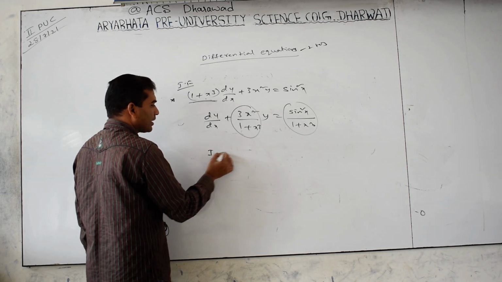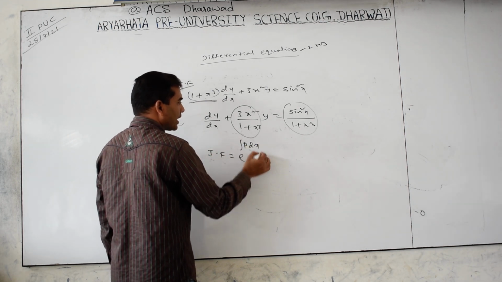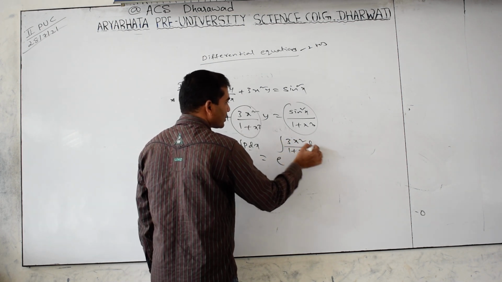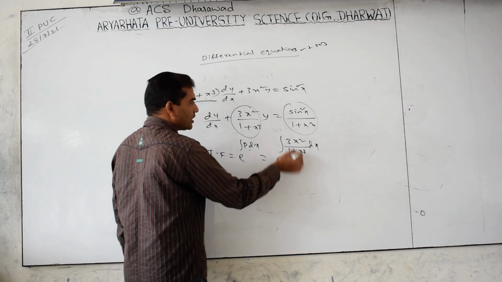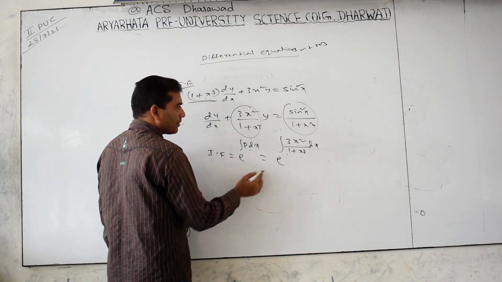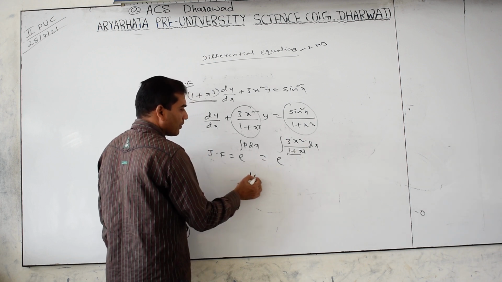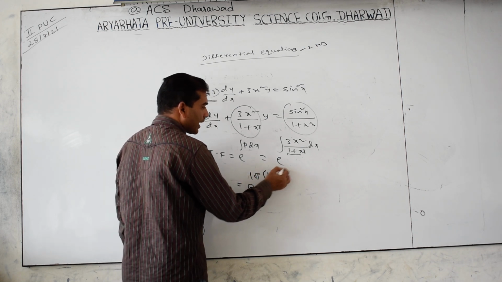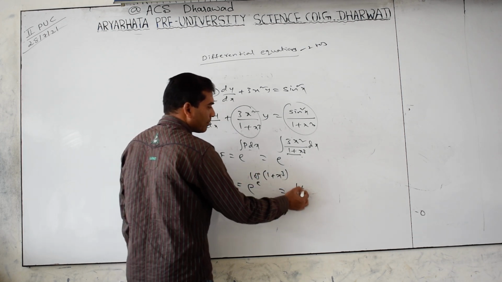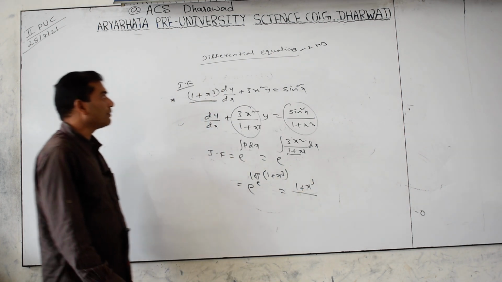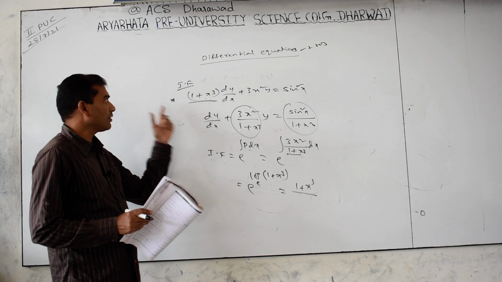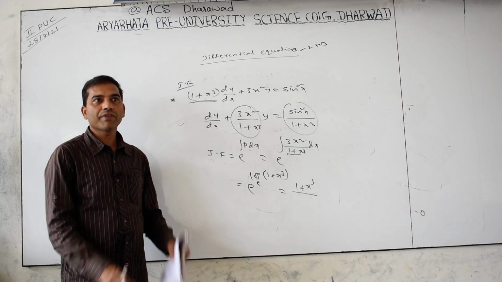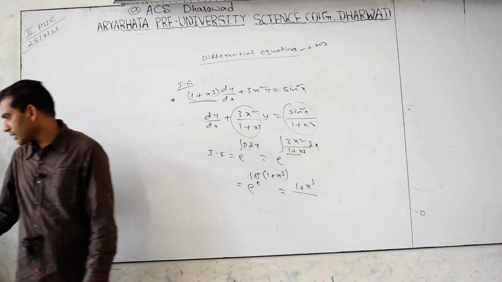So integrating factor is e power integration of p dx, e power integration of 3x square by (1 plus x cube) dx. Here the derivative of the denominator is in the numerator, so the integration of f dash x by f of x equals log of (1 plus x cube). What is the base? e. So 1 plus x cube is the IF of this. It is a compulsory question in CET, along with order and degree, and by using this integrating factor concept, any 1 question is guaranteed.